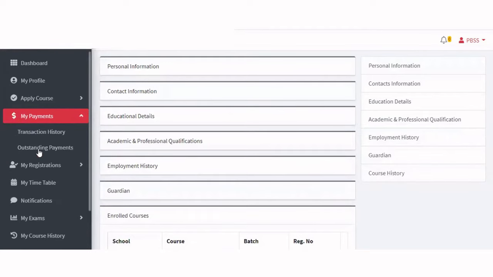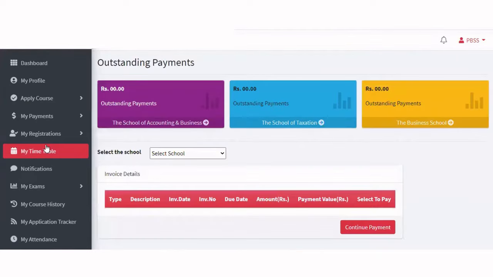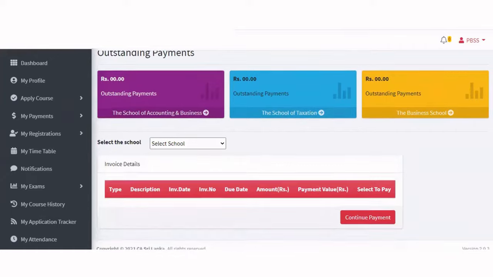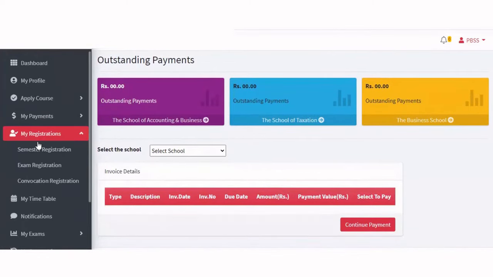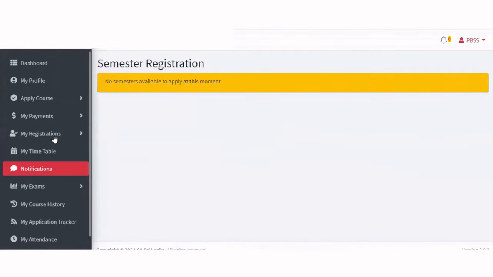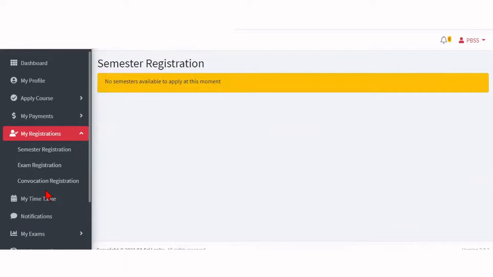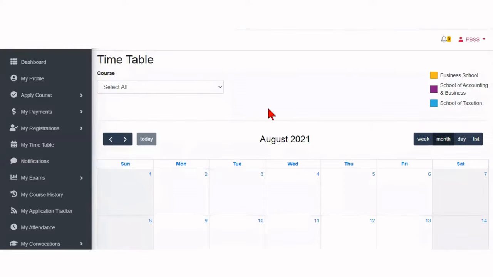And if I go to the payments, I can see in the outstanding payments, the outstanding of each of the courses that I have taken. And in the registration part, I can see the semester registration. And if any examination registrations or convocation registrations are open for me, those details can also be seen here. I can see my timetable here